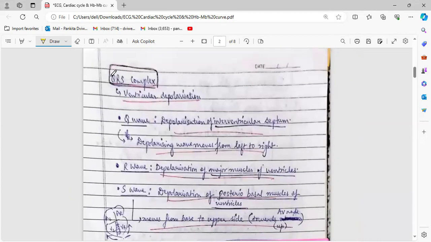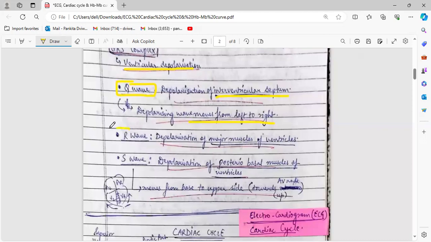So what exactly is the QRS complex explaining? QRS complex shows the ventricular depolarization overall. So, Q wave in the QRS complex shows the depolarization of the interventricular septum, and the wave moves from left to right. The R wave of the QRS complex shows depolarization of all the major muscles of the ventricles, while the S wave